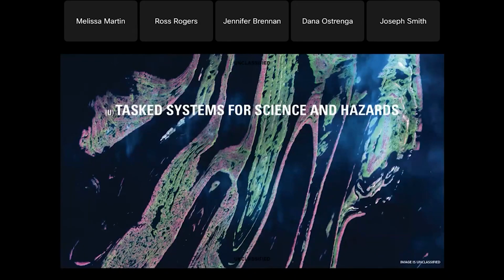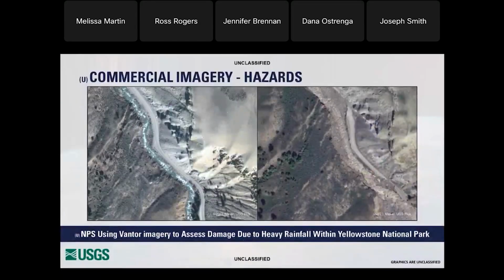I've talked through the systems, the contracts, and the process. To bring this together, I want to close with a few real-world examples that show how federal agencies are actively using these capabilities for science and hazard missions today. Each example highlights a different sensor type and use case, but all demonstrate how tasking commercial imagery through NCAC translates to actionable insight. The first example comes from the National Park Service, which used Vantor imagery to assess flood damage